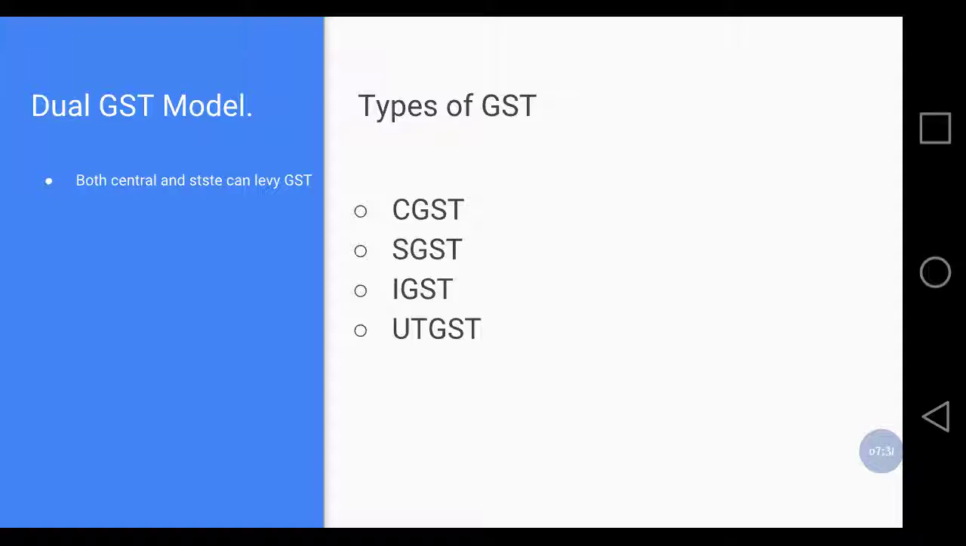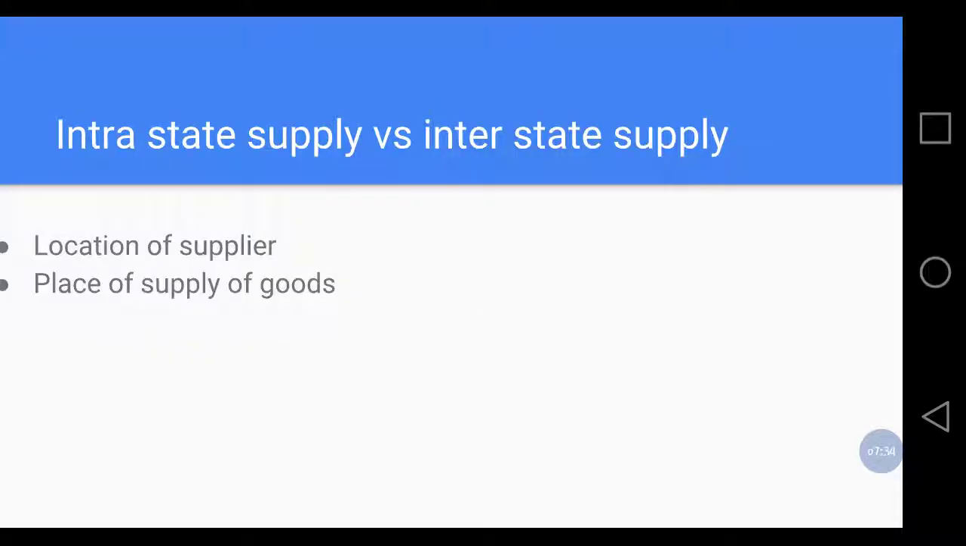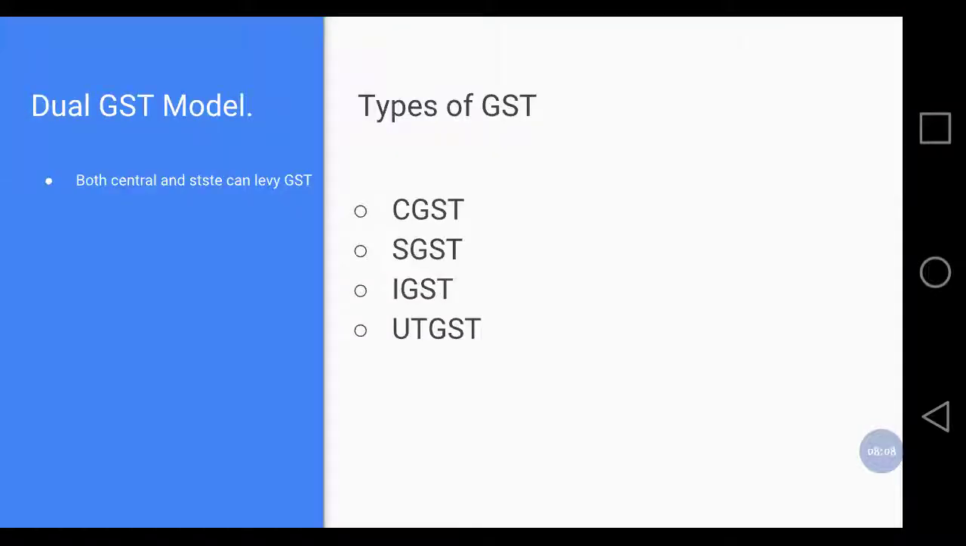We'll go to the next case, that is interstate supply. When the location of the supplier is in one state and the receiver of the goods is in another state. We take the first example itself, that is X Limited, which is supplying 100 bags of cement located in Chennai. In this case, Z Limited, which is purchasing the 100 bags of cement, is located in Andhra Pradesh, Chittoor. In this case, we can decide the supply is interstate supply and the tax to be levied is the IGST, that is